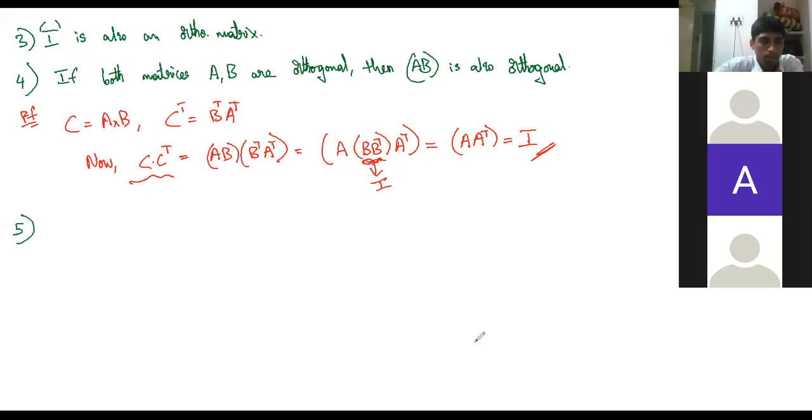सर वो B into B ट्रांसपोज क्या हुआ फिर? B एक ऑर्थोगोनल मैट्रिक्स है ना? हाँ. तो ऑर्थोगोनल मैट्रिक्स का मतलब क्या है? B into B ट्रांसपोज क्या होगा? I हो जाए. तो वही क्या यहाँ? हाँ तो सर मतलब वो I लेने से फिर वो A into A ट्रांसपोज होगा. A into I into A ट्रांसपोज होगा. किसी से मल्टीप्लाई कीजिए I. You can multiply on any side. A into I क्या होगा? अच्छा हाँ अच्छा हाँ ठीक है.